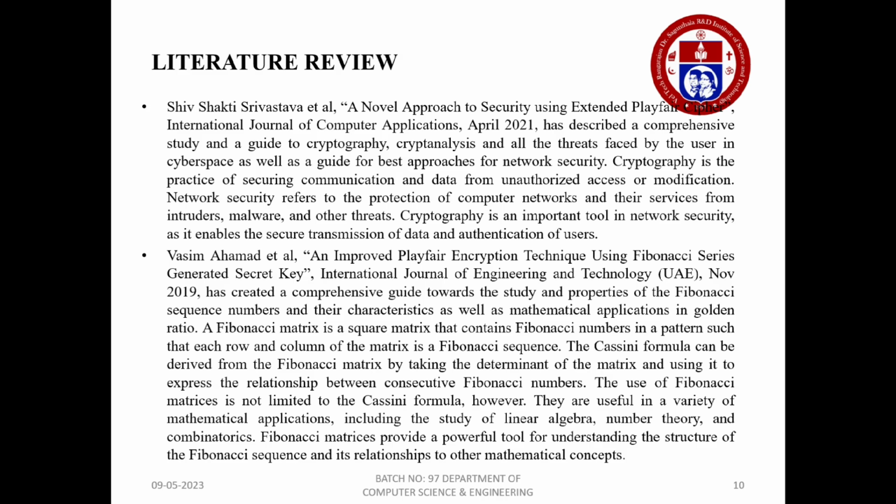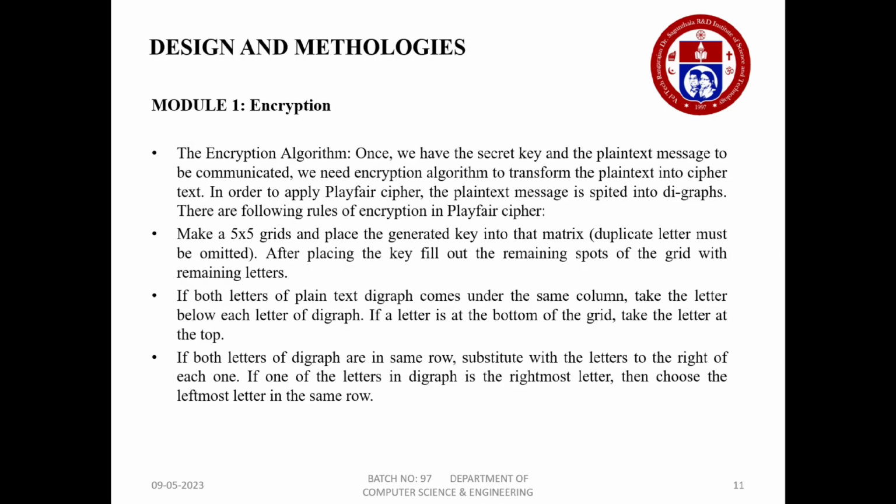Moving on to the next agenda: design and methodologies. We have 3 modules here. One is the encryption module, second is decryption, and the third module is Fibonacci sequence generation and hashing. For the encryption, once we get the secret key from the hashed Fibonacci sequence, the key is used to create the matrix table, and then this matrix table will be used to transform the plain text